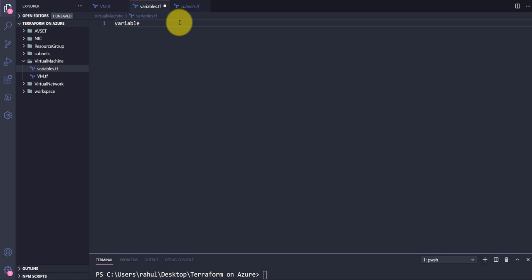So variable, this is called name, and then the type is string, and the default value is equal to,